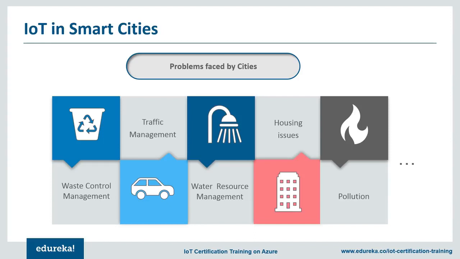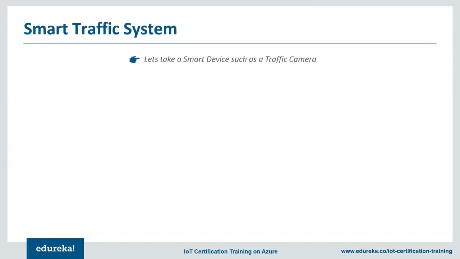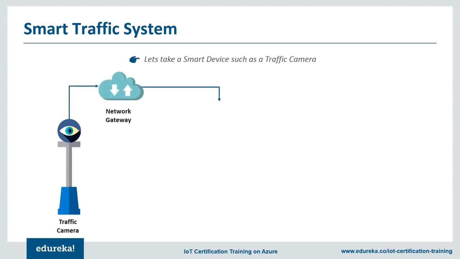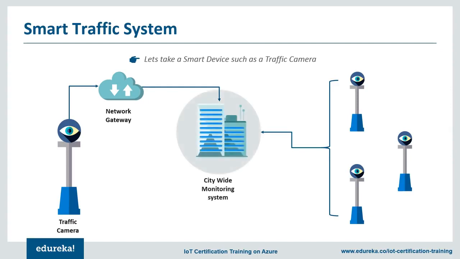One such problem, consistent among most urban cities, is traffic. So, imagine an intelligent device, like a traffic camera. A camera that can monitor the road for traffic jams, accidents, rains, etc., and communicate that status to a gateway. Now, this gateway also receives data from various other cameras from all around the city. This in itself could form a city-wide traffic system.